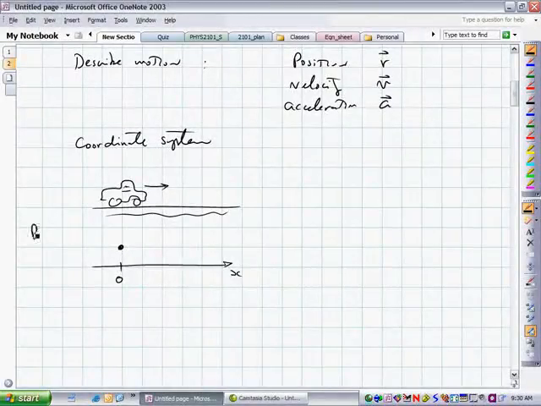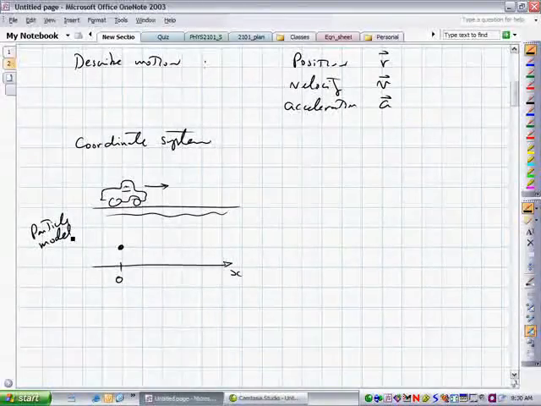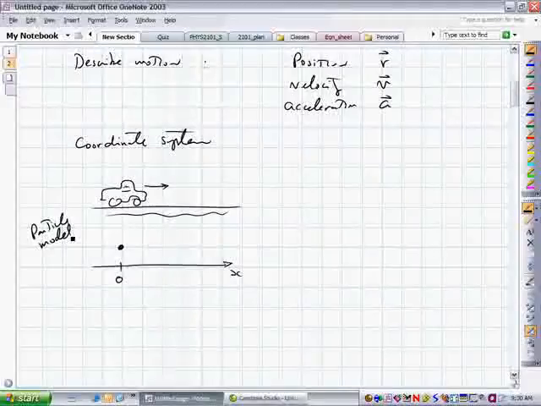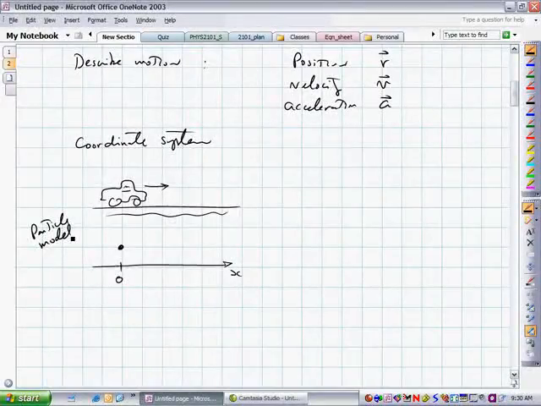So this is our particle model. Your object can be a car, a ball, an elephant, a table, whatever it is. You represent that by a simple dot,